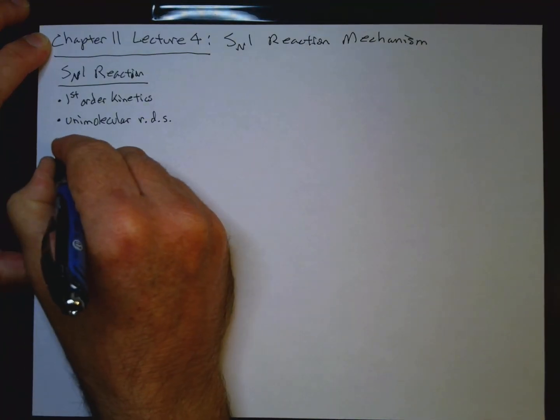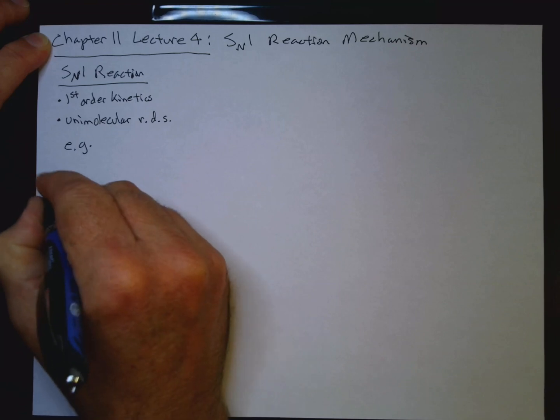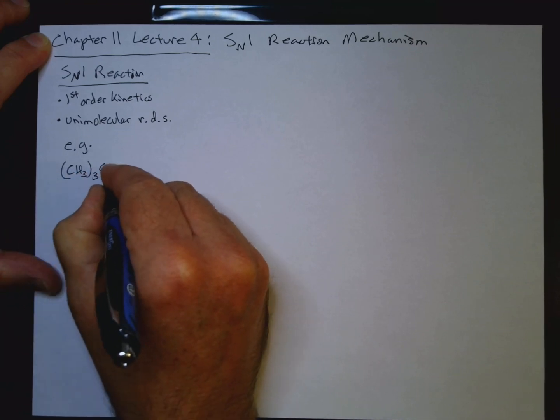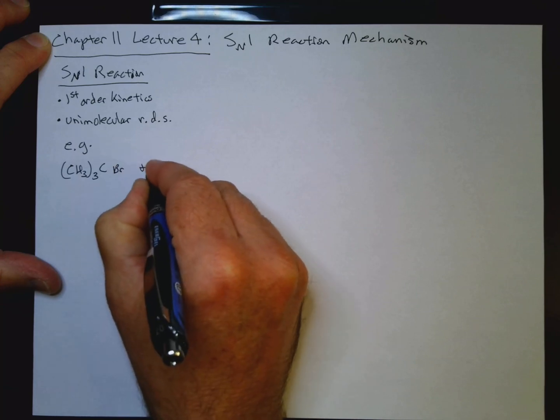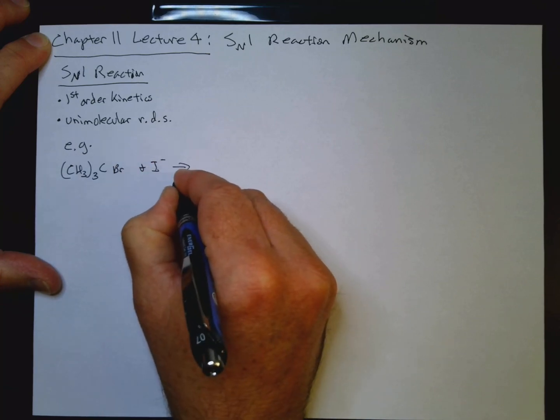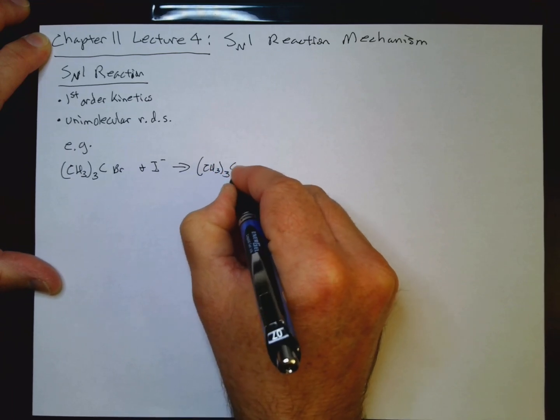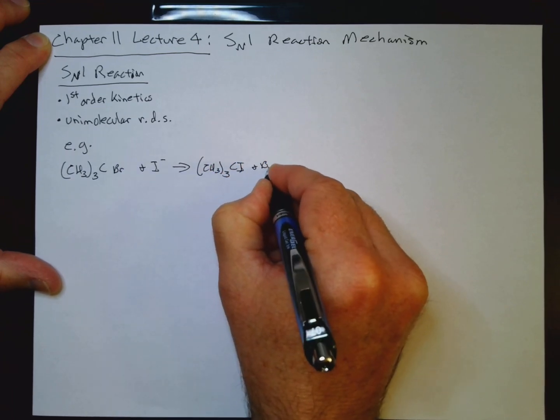So, for example, if we had (CH3)3CBr plus I minus, and we got (CH3)3CI plus Br minus,